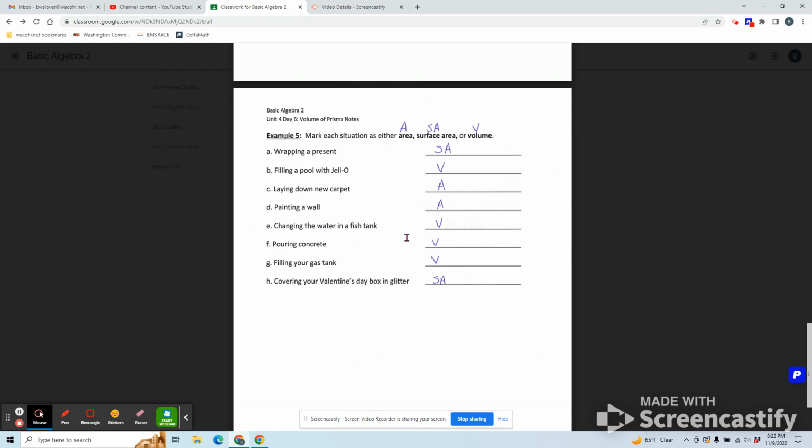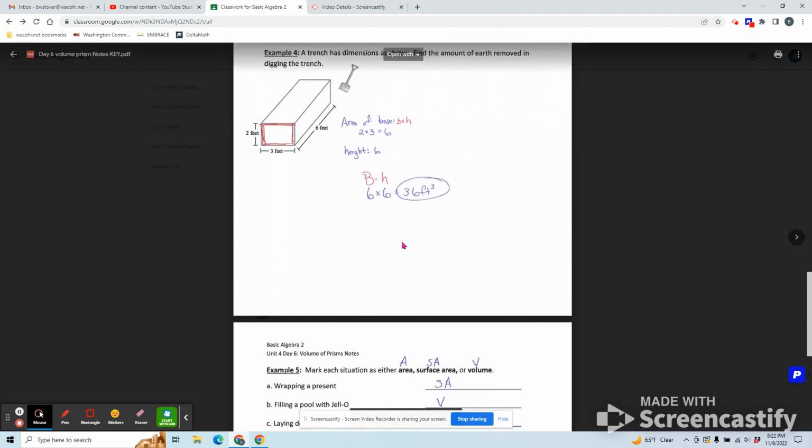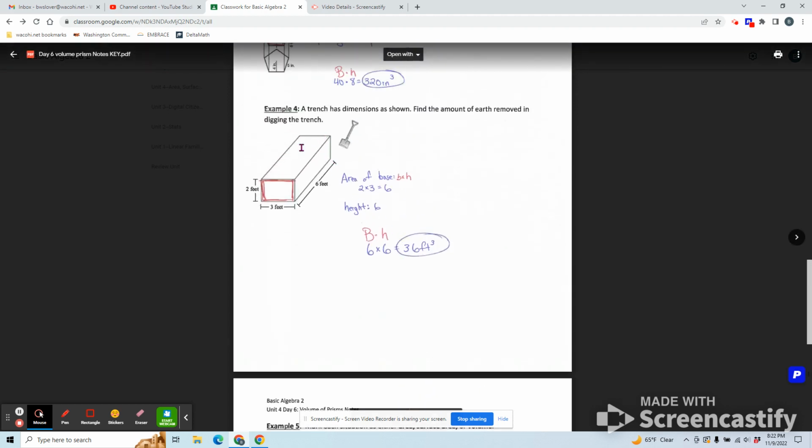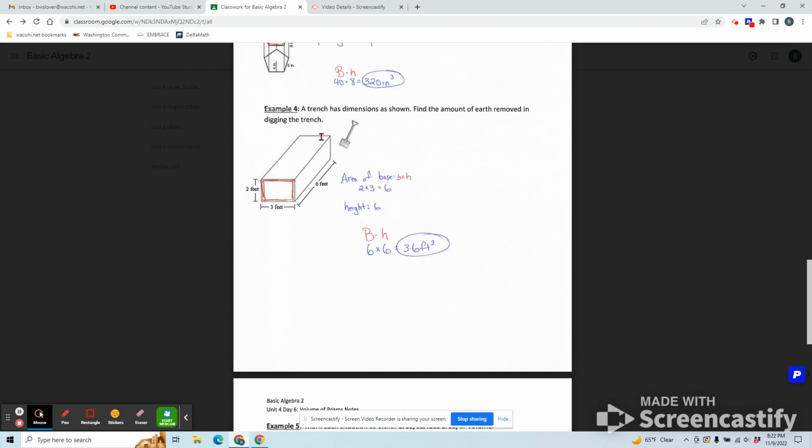So today we focused on volume of a prism. So volume, remember, is everything inside of that figure. And you label it with